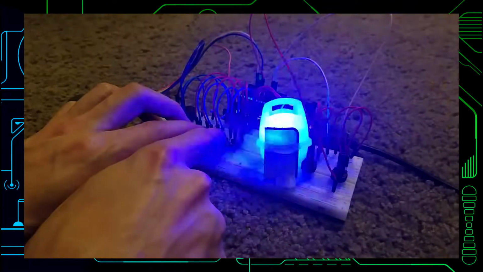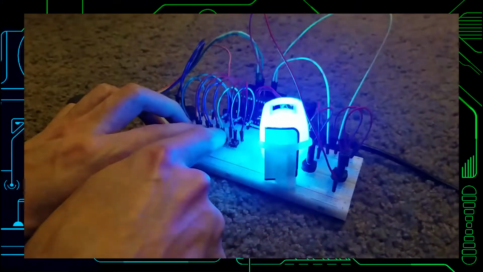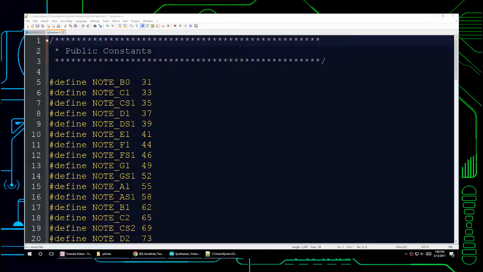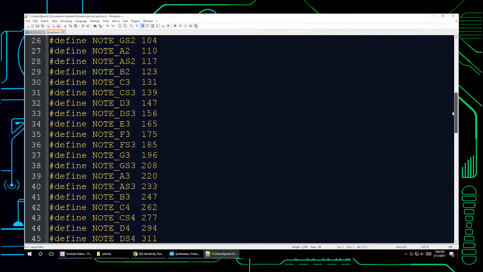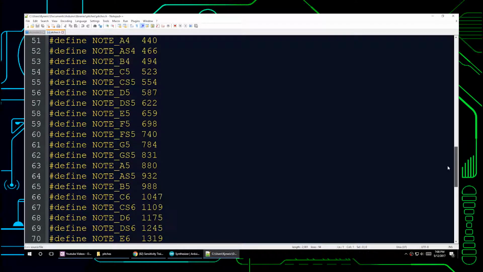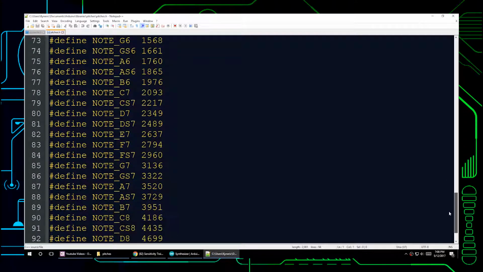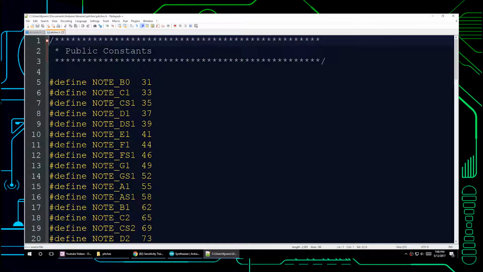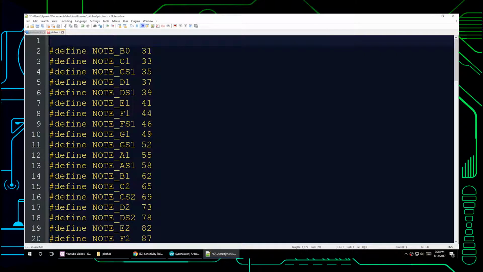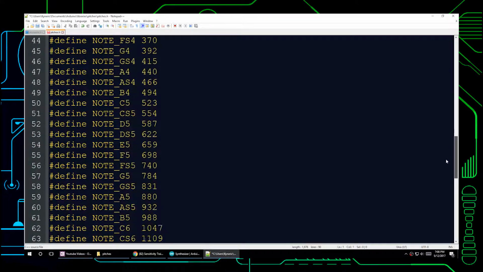Now let's talk about some of the concepts we've used. First, let's talk about the notes library. The notes library is just a header file that defines all of the chromatic notes from C0 up, 89 notes, and their frequency values. The problem with this right now is that we can only ask for each individual note,